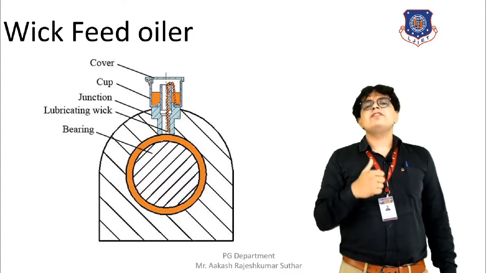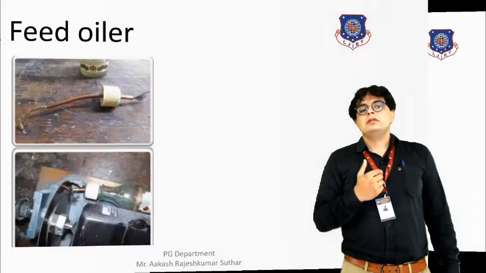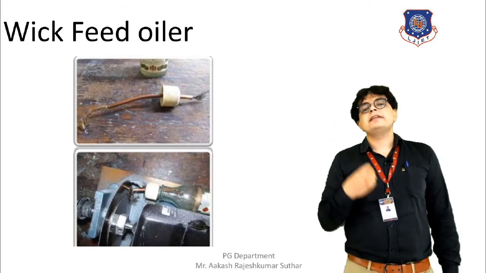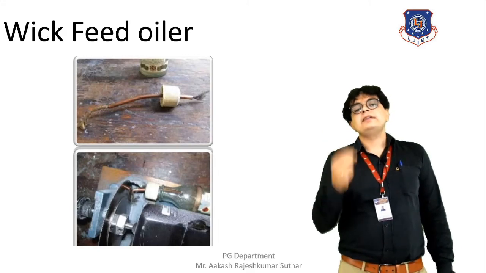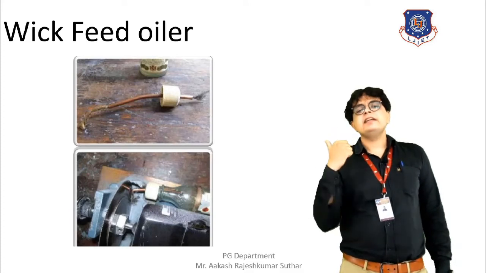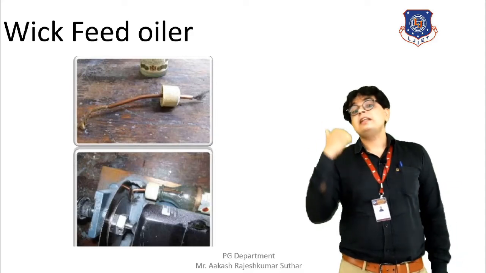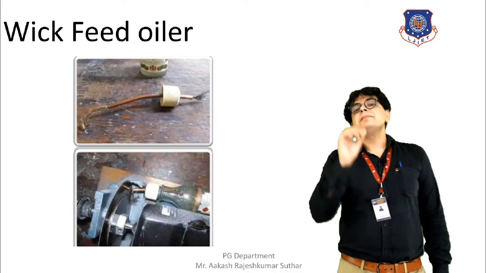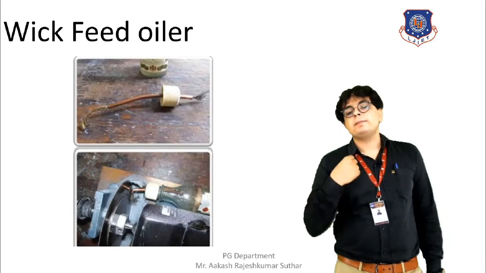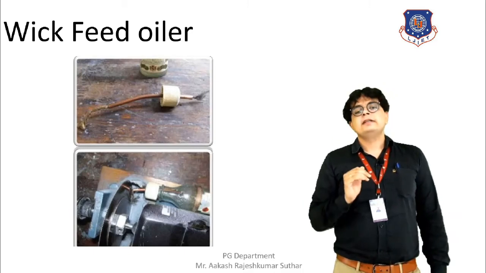Now let's have further discussion on these materials, that how they look. So here the first figure is of a wick. It is a cloth-like material which will transfer the oil under the capillary action. And we also have another figure where the wick is taking the oil from some source. In particular, in this figure, oil is filled into a bottle, and we have immersed a wick into it. As a result, the wick will transfer it with the help of capillary action to the bearing that is kept aside, and as a result of this, the lubrication will be done.